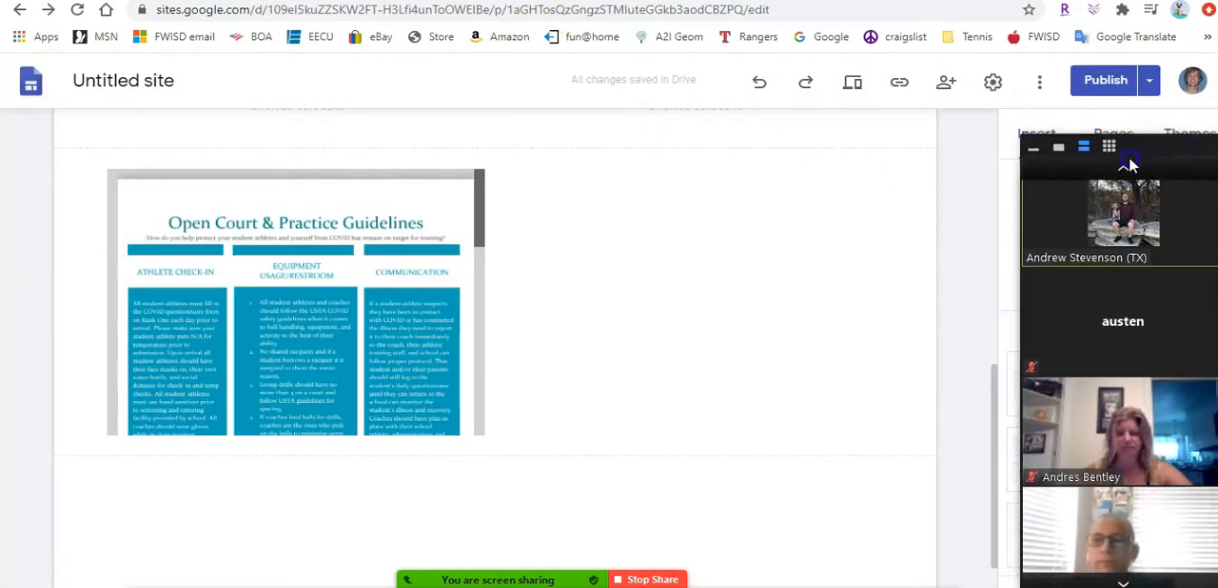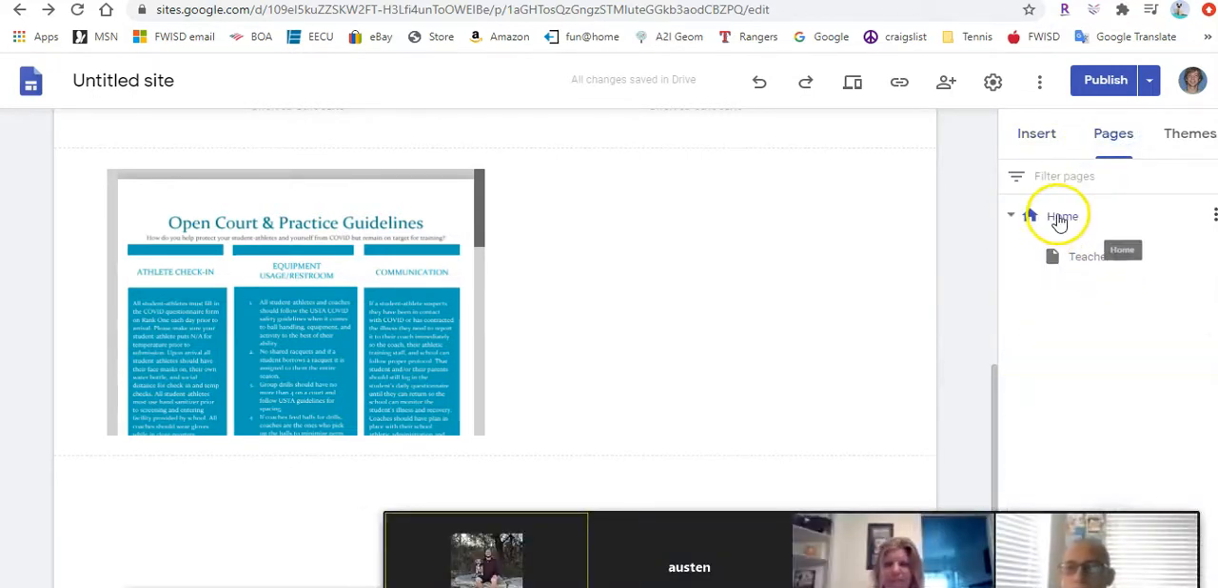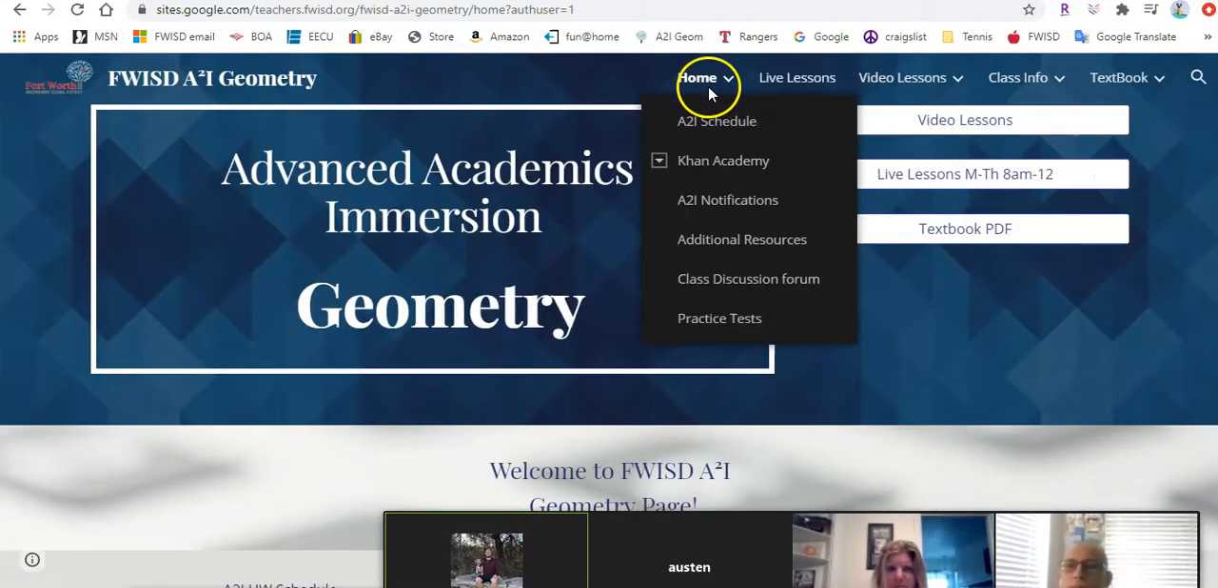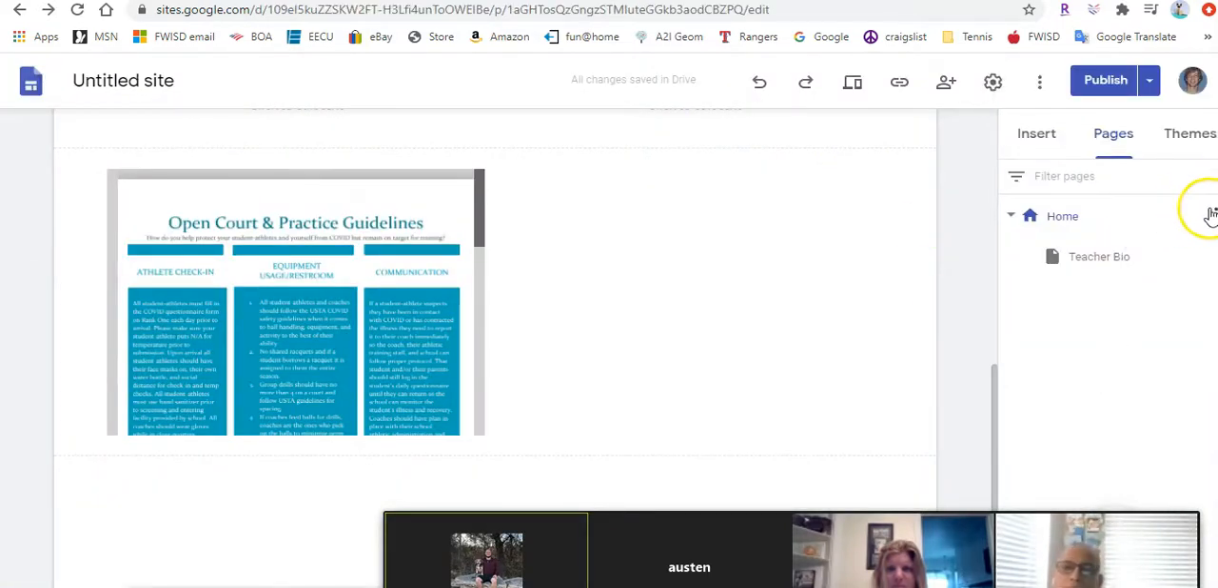Okay, so these would be the additional pages right here. So right now I have my home, and underneath that will be a drop-down option for teacher bio. On this site, you'll notice anything that I added as a sub-page under home will be listed under there. So this one that has the drop-down would also show teacher bio right there. If I wanted to add a different page,